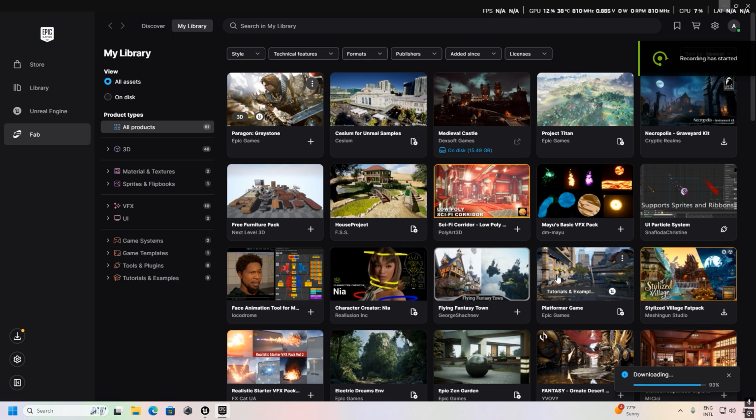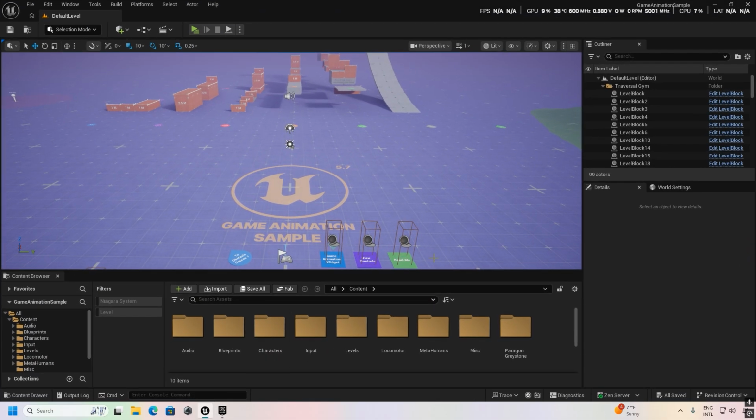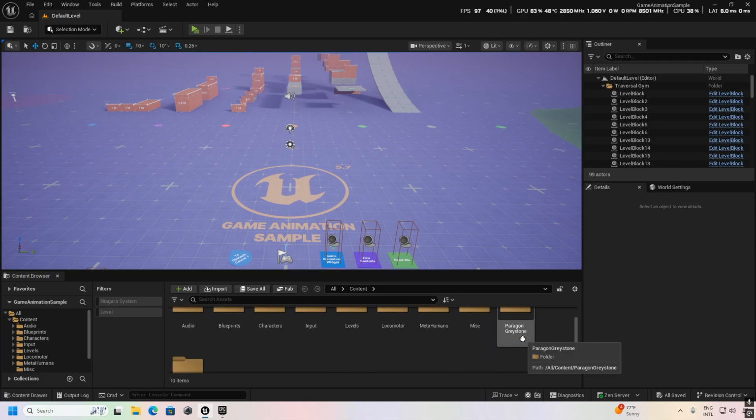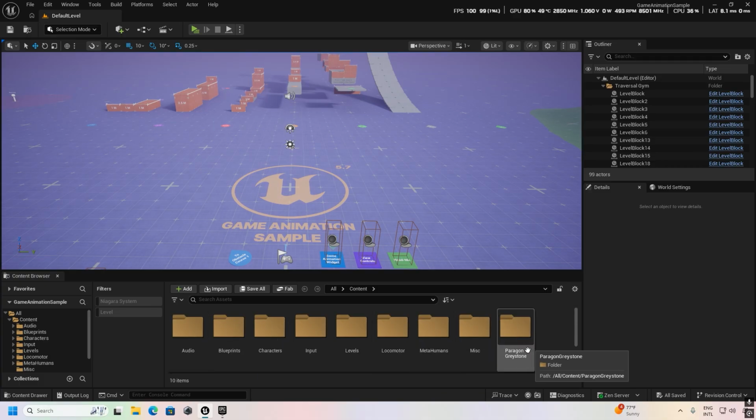Okay, so now we can see that our download is almost complete. This will take 7 minutes to download, and now it's complete. After the completion, we have to go back to our game animation sample project. Okay, and we can see in our content browser we have a folder, Paragon Greystone,